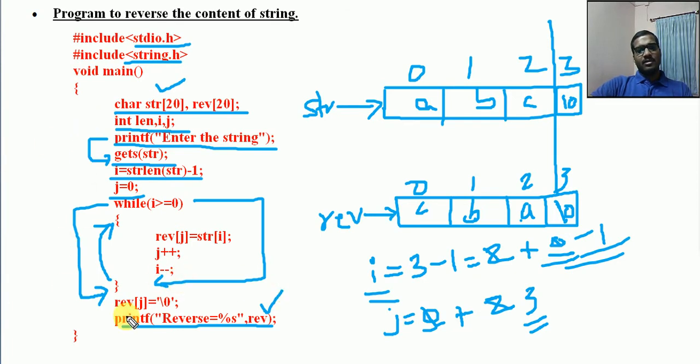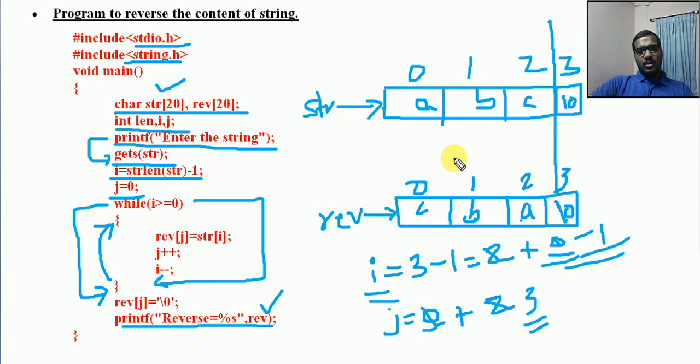This is one simple example where one string present in one array is reversed and stored in another string array, and that is being displayed. So when asked to find the reverse of a particular string, we just need to display that. We can show the second array and that can be displayed.